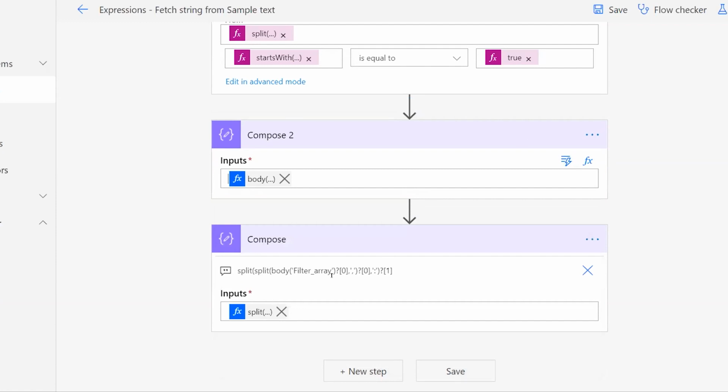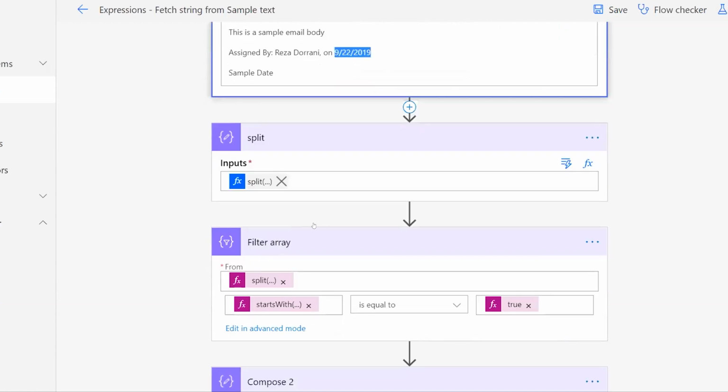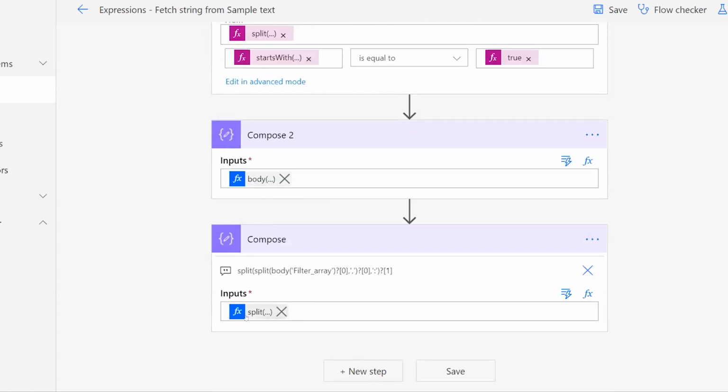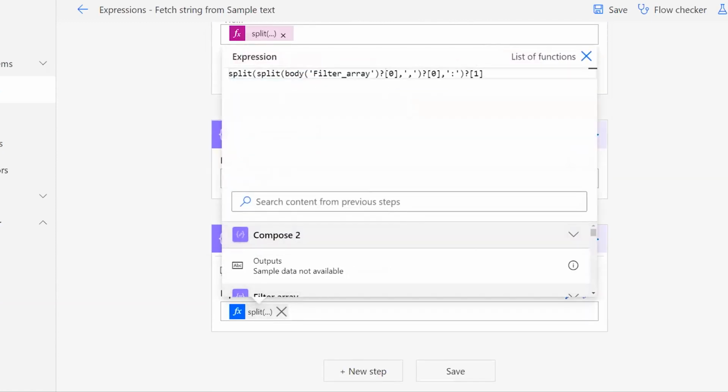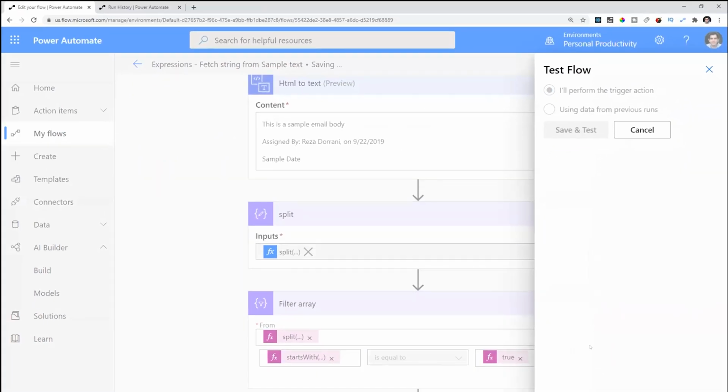Okay. And then how do I grab additional data points? Maybe I'm interested in the date. More expressions. Use split. Get the array, split it by commas, get the first node, split it by colon, get me the first value. Why am I doing all this? Because this is the structure I have in that string. So however you have your data defined, you can parse through it based on all these powerful expression formulas that are available. Now let's go ahead and run this and see this in action.